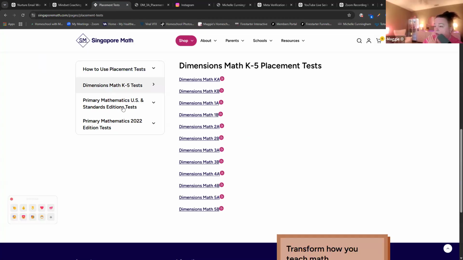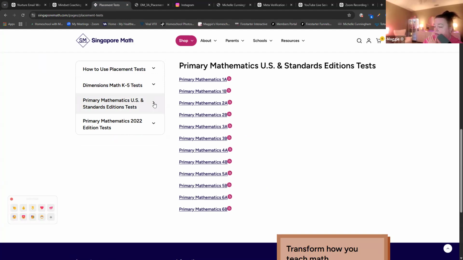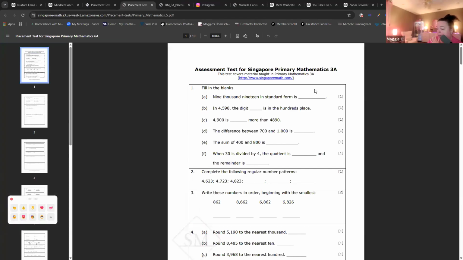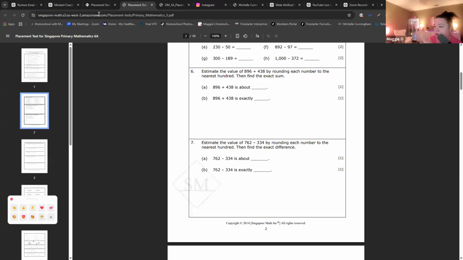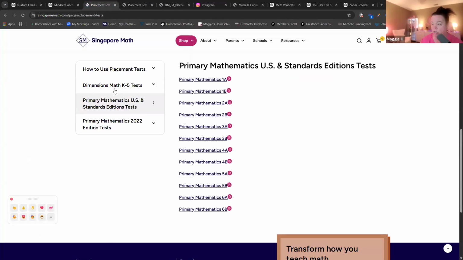Primary mathematics, US and standard edition tests. This is an interesting concept too. So you can even look in here. And it looks pretty much the same, but for the purpose of this, we're kind of trying to stay with dimensions. This is our focus today, is dimensions. There are many different